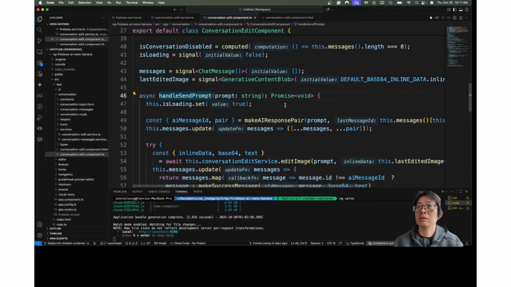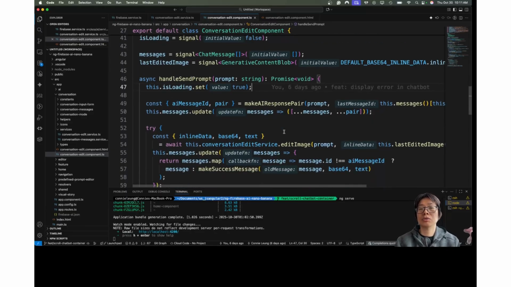So in here, the loading flag is set to true to show some spinners. And in here, I add 2 messages to the chatbot. The first message is a user message, which displays my new prompt. And the second message is an AI message that shows